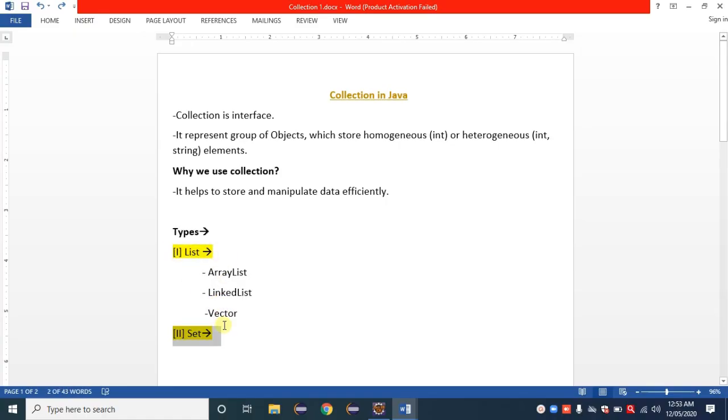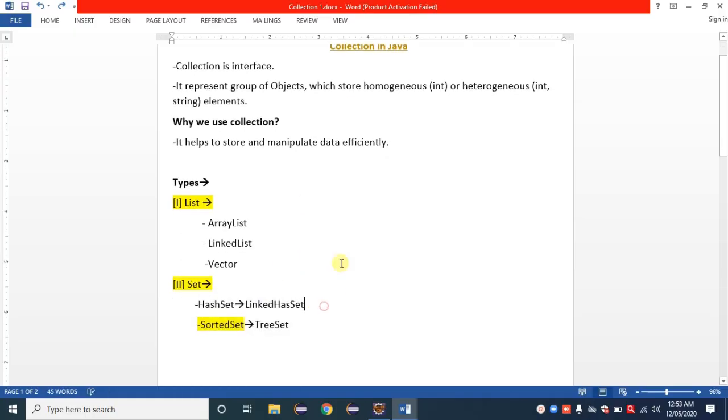Again, the second one is a set. Set is a type of collection like list. Set also has different types. The yellow highlighted ones here, list, set and sorted set, are the interfaces, whereas the other options available here, array list, linked list, vector, hash set, tree set and linked hash set, are classes.